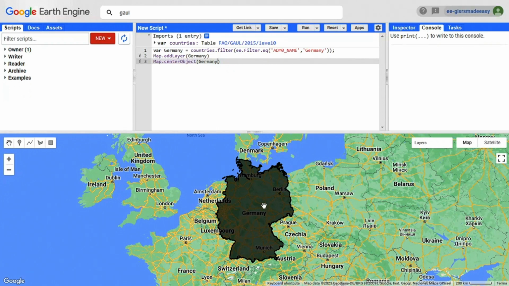But this is not totally transparent. We want it to be transparent, and boundary of the country should be red so that it will be more visible. So let's make it using a style. And the color should be red and fill color